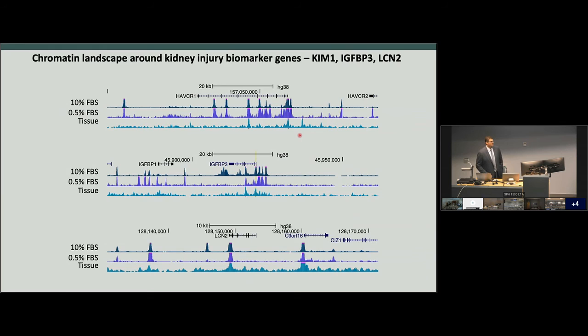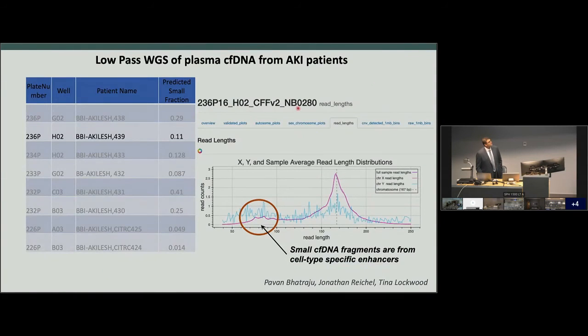we are now trying to actually measure and sequence using whole genome sequencing plasma cell-free DNA from patients with acute kidney injury in the ICU. And we can see when we look at a fragment size distribution, we see an enrichment in these patients in small fragment sizes, which is exactly where we would expect enhancer-derived DNA to be located. And so we have a cohort of about 15 to 20 patients right now. We're trying to analyze this a little further. But really, this connects the fact that we know where to look for those kidney-specific enhancers.